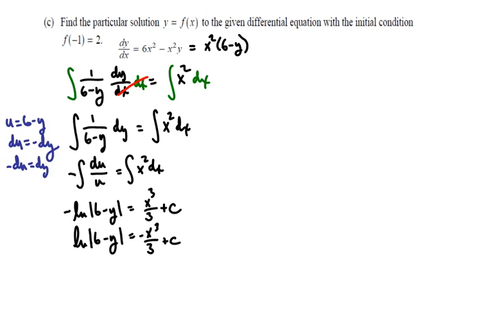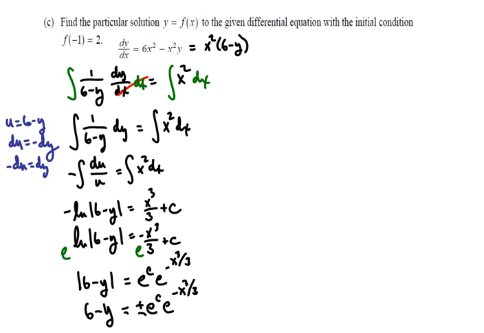I'm going to exponentiate both sides, and that will leave me absolute value of 6 minus y on the left and e to the c times e to the negative x cubed over 3 on the right. Getting rid of the absolute value bars would then leave me 6 minus y is equal to plus or minus e to the c times e to the negative x cubed over 3. And finally, if I were to solve for positive y, I would get y is equal to,